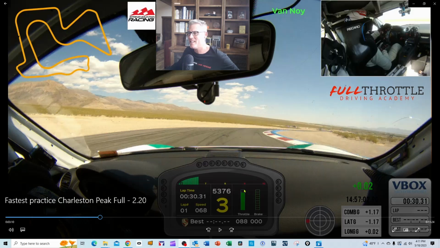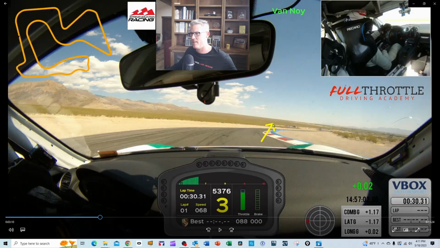All right, so ideally, we want to hit this apex at about that angle. But if you'll notice, I'm probably going to miss it by 4 or 5 feet. I didn't lift quite enough to rotate the car enough, so I'm going to swing a bit wide. And it's not going to be too problematic because we're not down the slope yet. You know, it's angled down here. If you get anywhere over here, you lose traction too much. But we're still going to be kind of right in here,